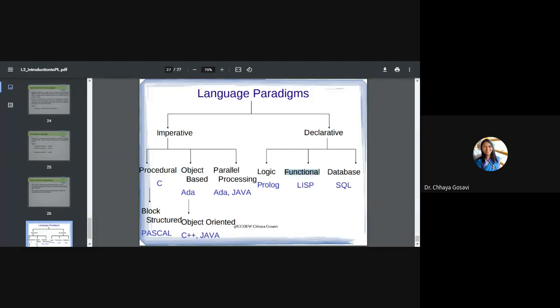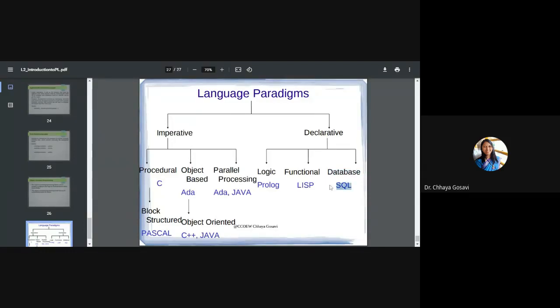The next declarative paradigm example is functional. Lisp is a functional paradigm, Python is a functional paradigm, even C is also part of functional programming. In C language, everything is a function, even printf, scanf, main, exit, all these are functions. So it is a functional programming paradigm. And next is the database programming paradigm, SQL, that is structured query language.